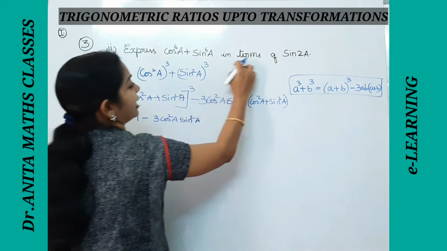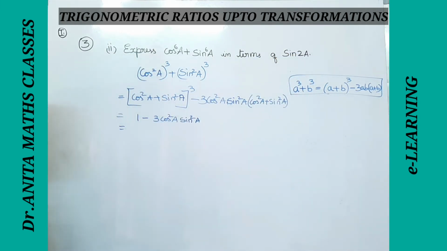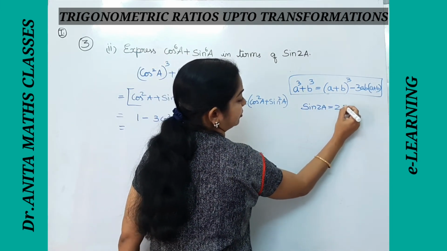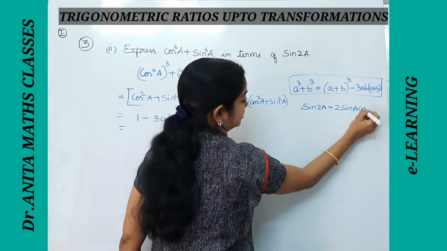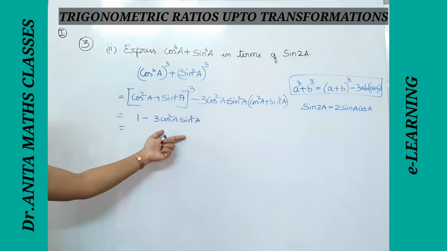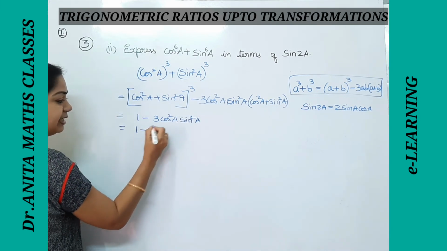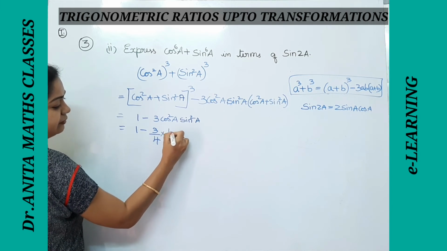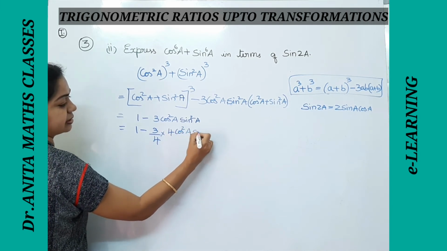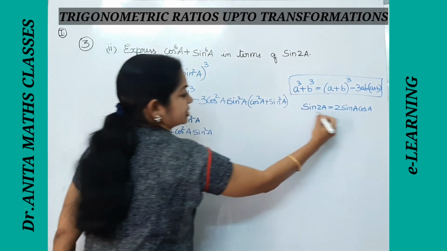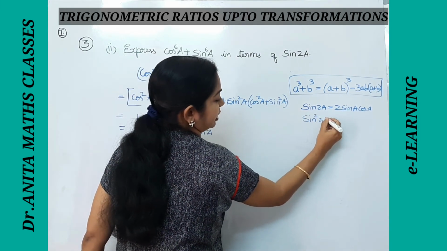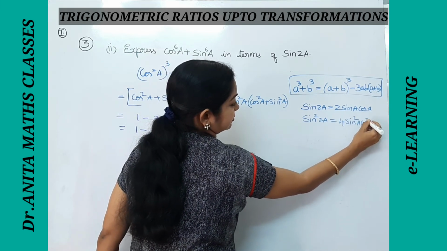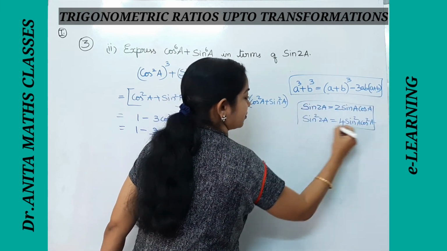But we have to get that answer in the form of sin 2a. Now here let's write sin 2a, we can write it as 2 sin a cos a, isn't it? But here we have squares. Now what we will do, let us multiply and divide this part with 4. 3 by 4 multiplied by 4 cos square a sin square a here. So if I write sin square 2a, that becomes 4 sin square a cos square a, right? Just I'm squaring, that's all.